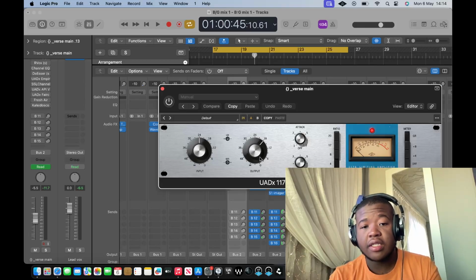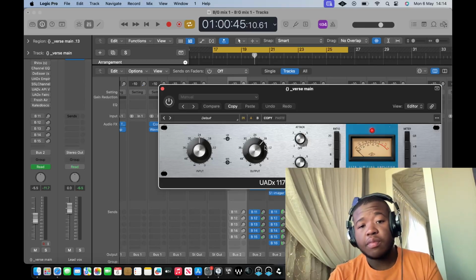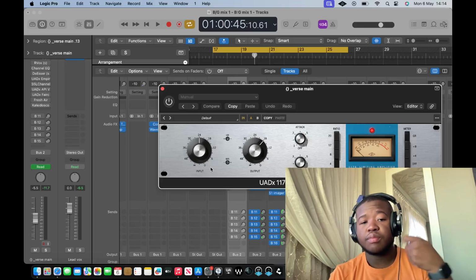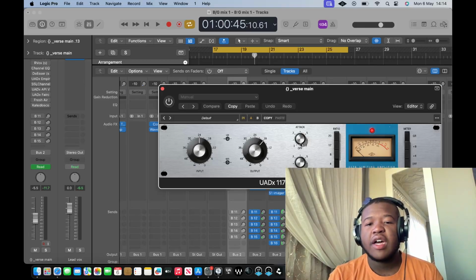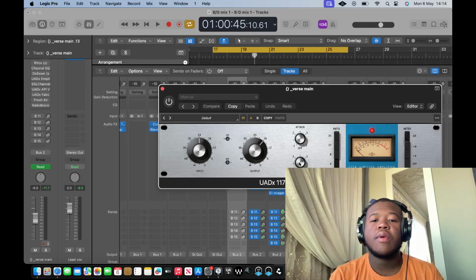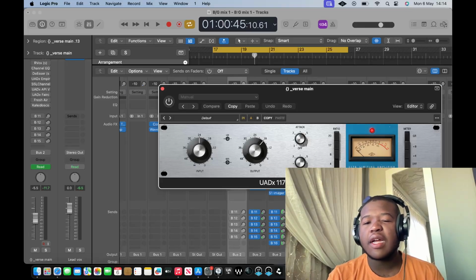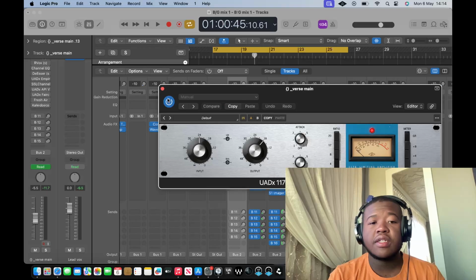The output is usually around 6 when you just load the plugin. So I pulled it up to 18, and then I pushed the input more into the compressor, so it drives it a lot more. And then we have a medium attack, also a medium-ish release, with a ratio of 4. This is how it sounds with it.